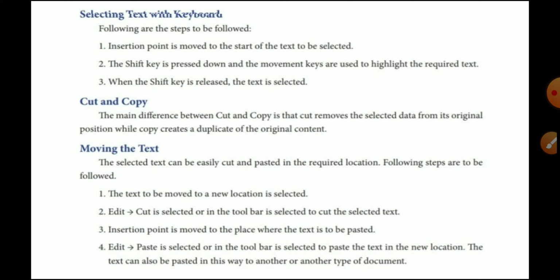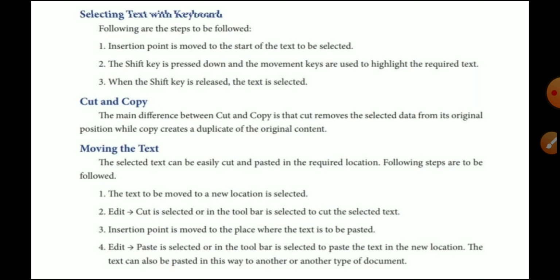Cut means what, sir? Copy means what, sir? Simply, cut means moving a line or text from one place to another place. I have to move the text from here to some other place; that is called cut.